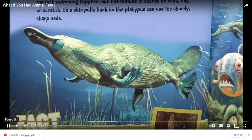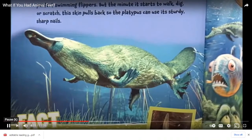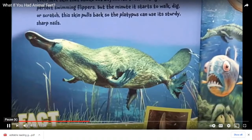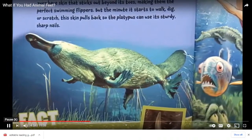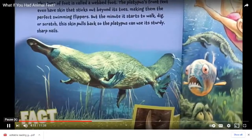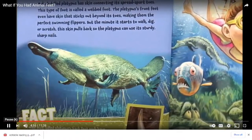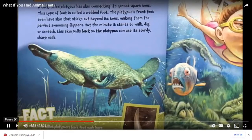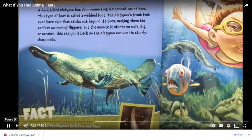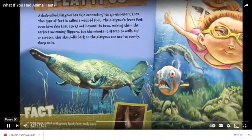Duck-billed platypus. A duck-billed platypus has skin connecting its spread-apart toes. This type of foot is called a webbed foot. The platypus's front feet even have skin that sticks out beyond its toes, making them the perfect swimming flippers. But the minute it starts to walk, dig, or scratch, this skin pulls back so the platypus can use its